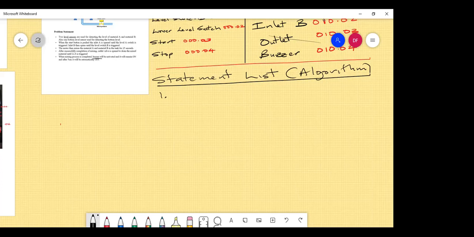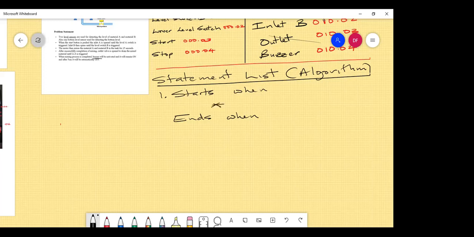All right, so what does the statement list look like? Basically, I just like to say, what is the first thing? What is started? When does it start? I put an asterisk to say what is started and say when it ends. And we go through and do that. So, all right, for our program,